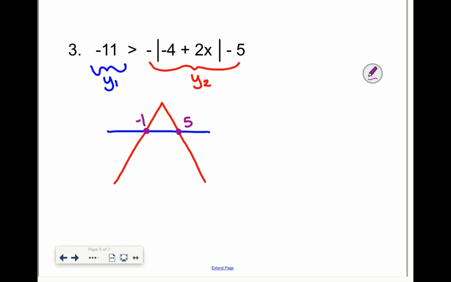Looking at the inequality, the absolute value is less than the line, so below the line. What part of the graph is below the line? It's going to be this part. So they're separated, so that's an or. Your answer in GMM would be x is less than negative 1 or x is greater